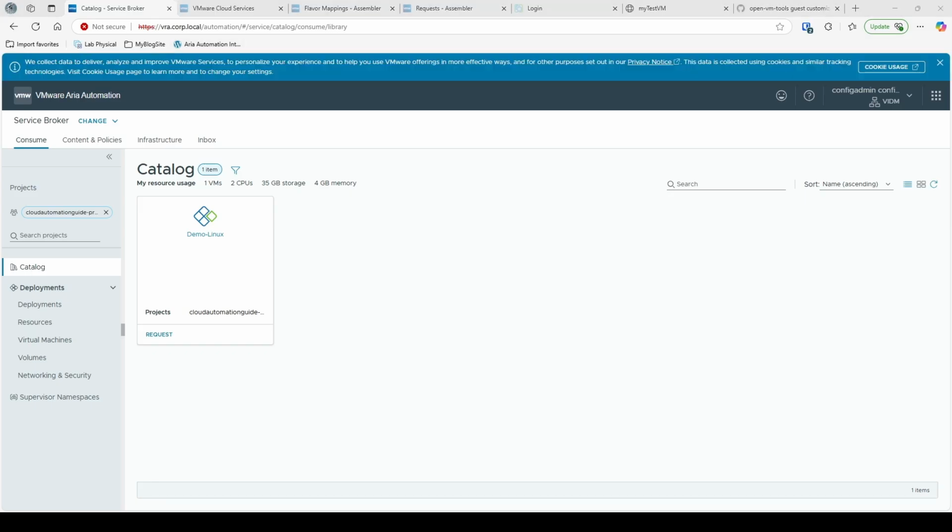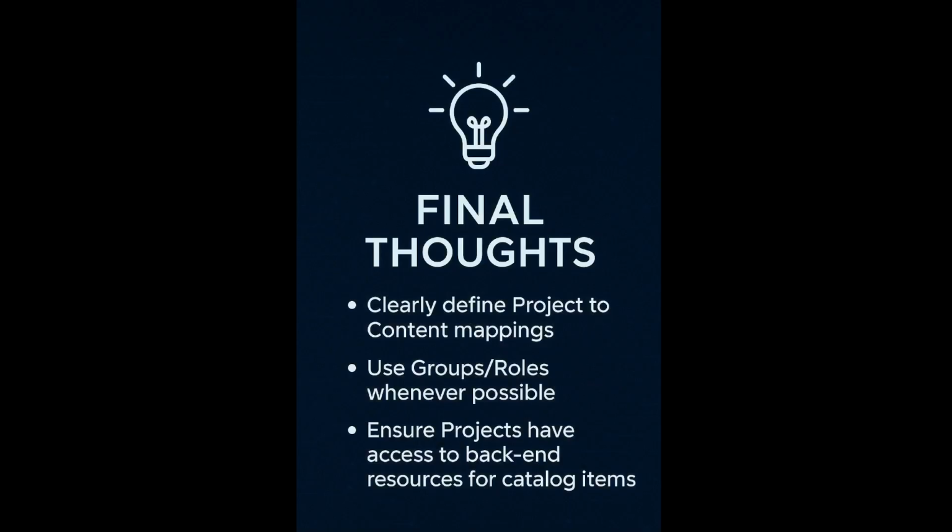And that's pretty much it for setting up a content sharing policy. So what are some final thoughts? First off, clearly define your project to content mappings. Try to minimize cross-pollination of catalog items in multiple content sharing policies. If you need to, create a single separate content sharing policy, for example, a default content sharing policy that applies to all projects. So that way, you have one place that you can make modifications to, and it helps